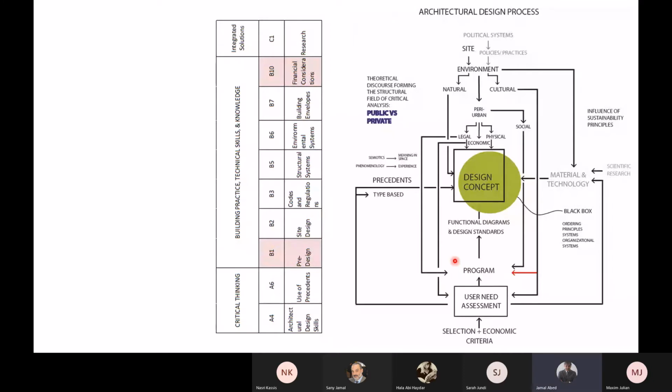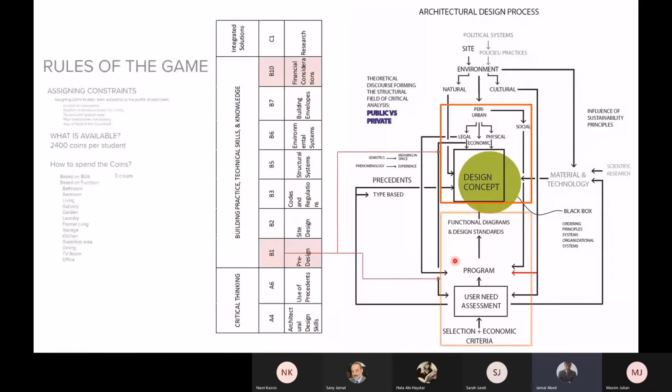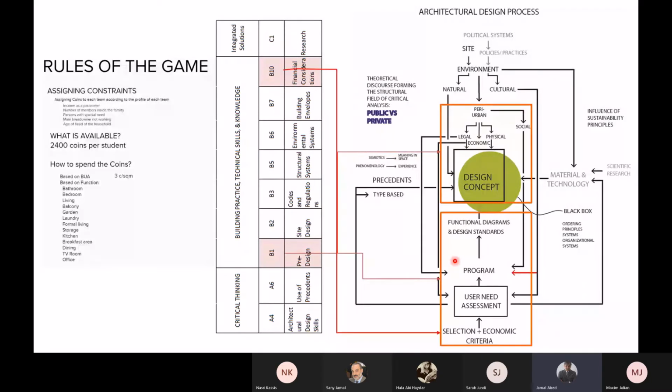So coming to terms with the pre-design, which is about the formation of the program, we have set up, from a financial perspective, what we call a set of coins. So every student had a number of coins that they could dispense with, and we have asked them to formulate a group on WhatsApp and on Facebook. That group would be formed of 4 to 5 different families, with particular criteria. One of the group should be part of the family.